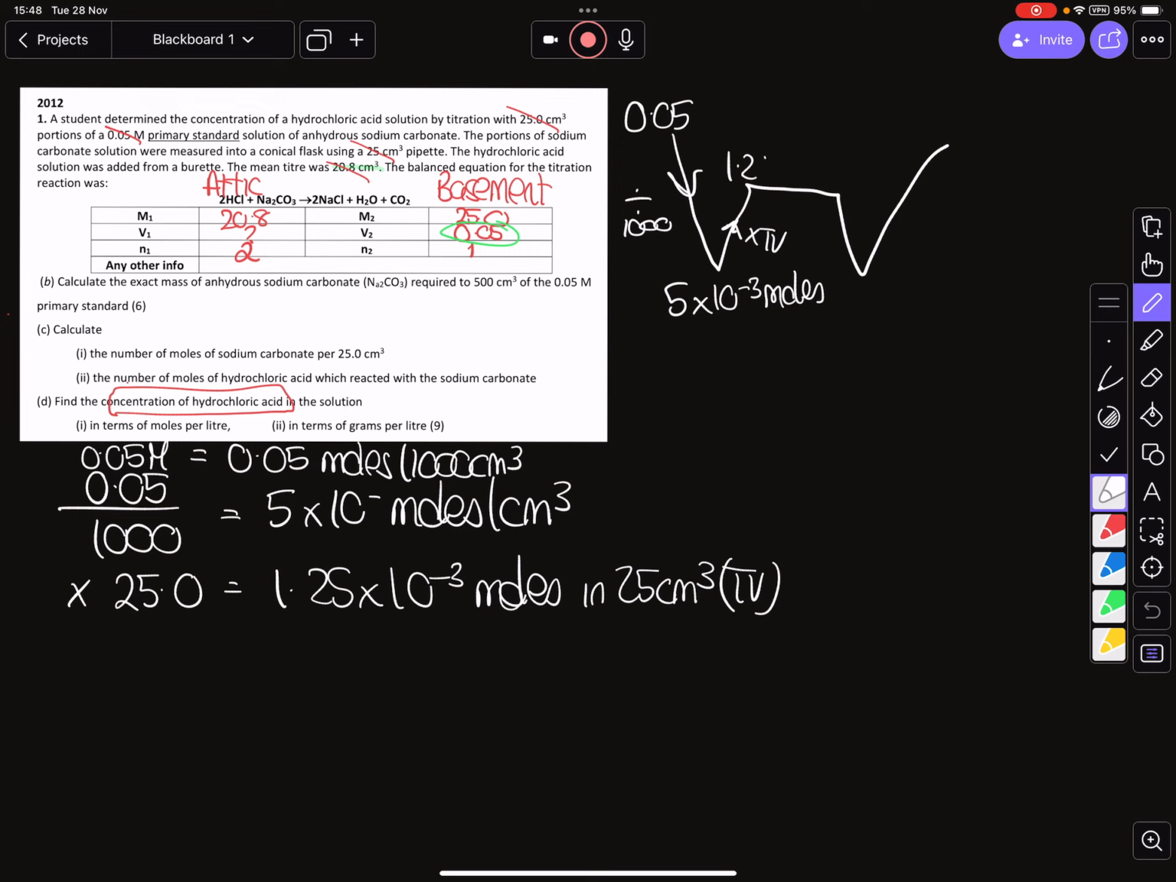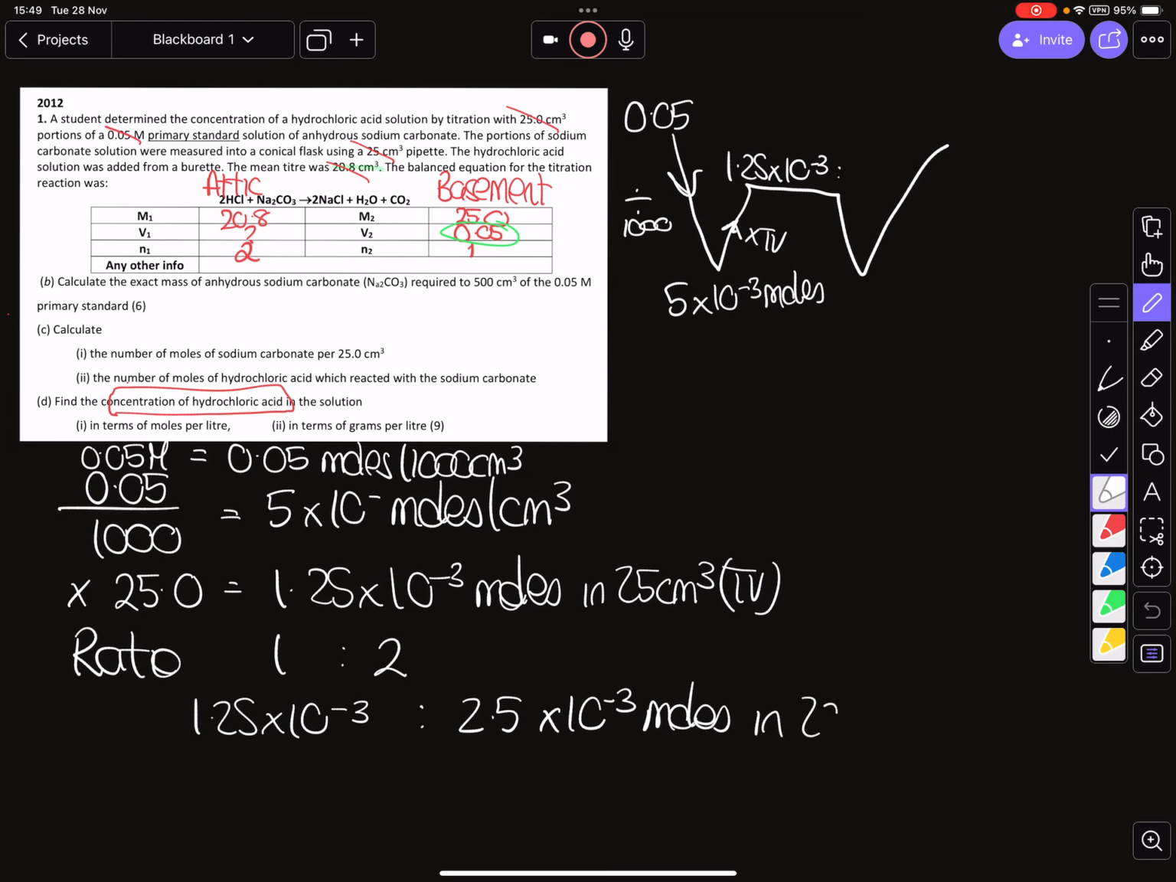So I multiply by my titre volume here. I use 1.25 by 10 to the minus 3. Here at this point, I use my ratio, and the ratio I'm interested in is 1:2. So if I have 1.25 by 10 to the minus 3, I'm now going to have to double that. That is going to become 2.5 by 10 to the minus 3, and that is moles in 20.8 centimetres cubed. Okay, so here's where I use my ratio. This section here, I didn't make my W big enough, so I now have 2.5 by 10 to the minus